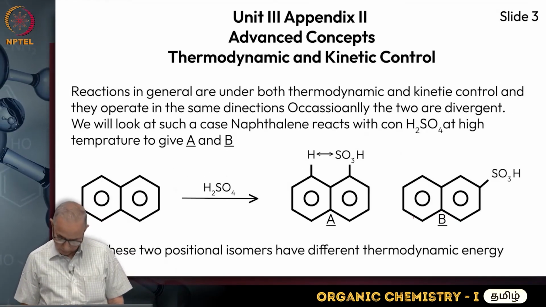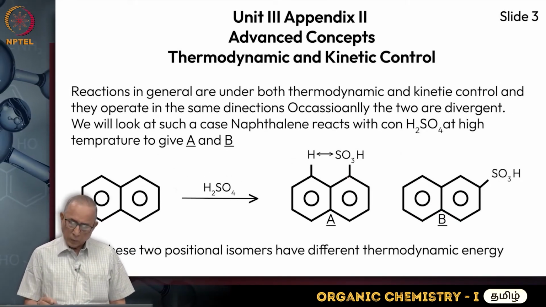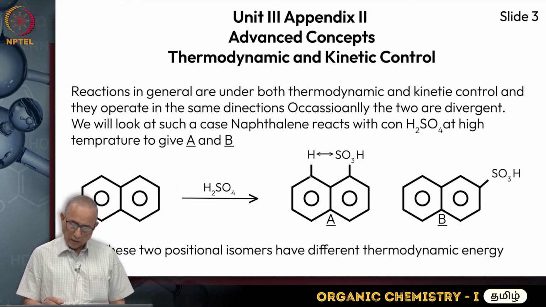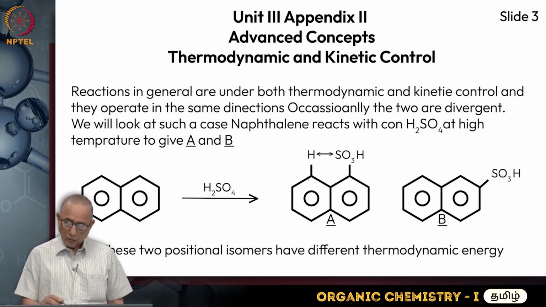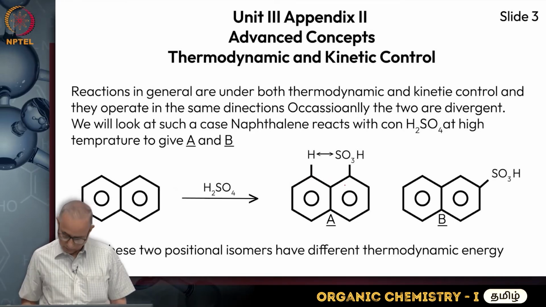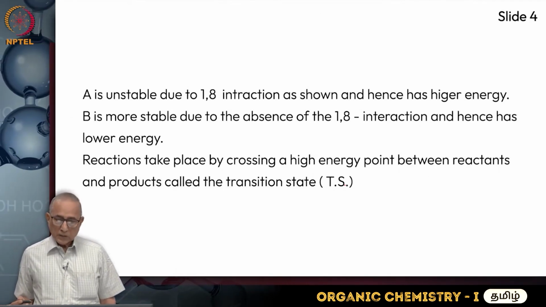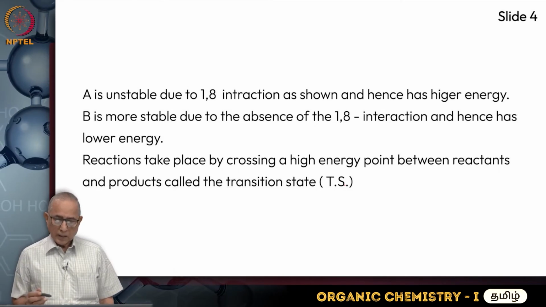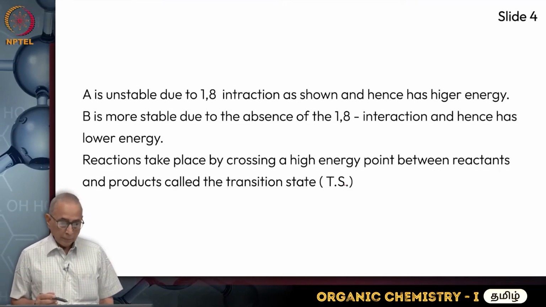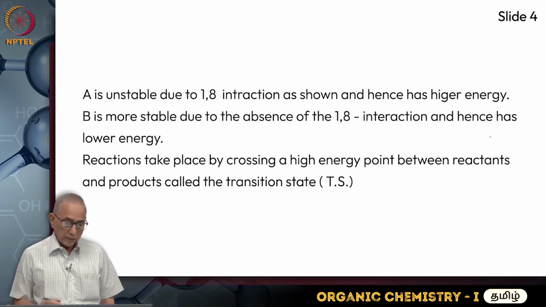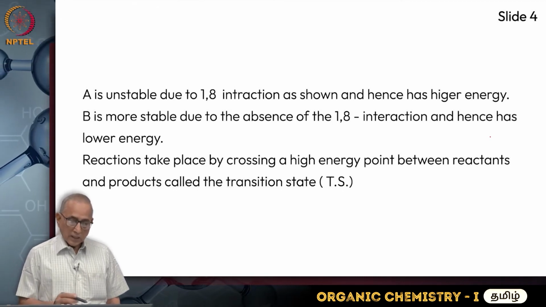This is called 1,8. The numbering is 1, 2, 3, 4, 5, 6, 7, 8, 9, 10. So இது 1 and 8 interaction. B is more stable due to absence of 1,8 interaction. The 1,8 interaction B molecule இல்லை and hence thermodynamically more stable. It has lower energy. Reactions generally take place